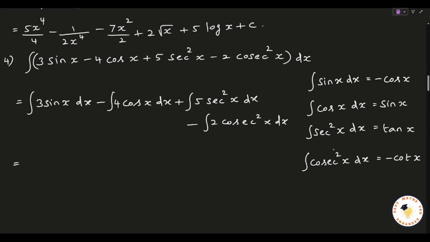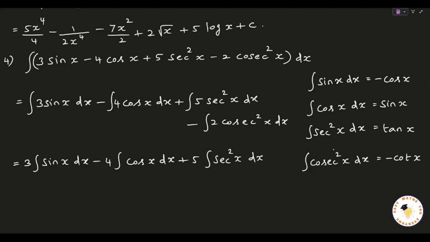All the constants we can take out using theorem 3, its generalized version. 3 times integral sin x dx minus 4 integral cos x dx plus 5 integral secant square x dx minus 2 integral cosecant square x dx. And